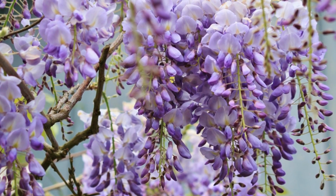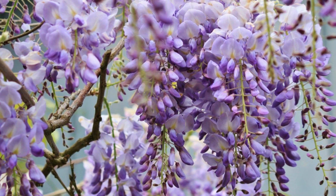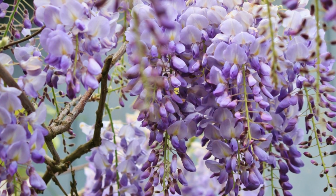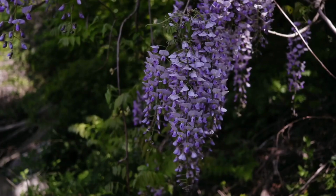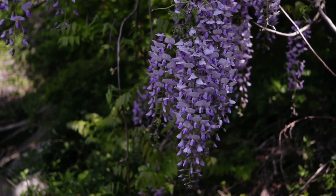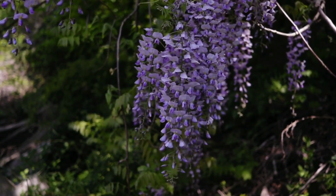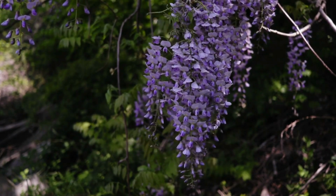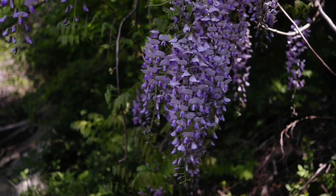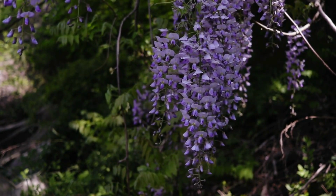Native wisteria. If you are located in North America, consider planting a species of wisteria native to the continent, such as American wisteria, Wisteria frutescens, which grows in zones 5 to 9. It's native to a range of states covering Virginia to Texas, southeast to Florida and north up through New York, Iowa, and Michigan. The vine grows 25 to 30 feet long with shiny, dark green leaves and large, drooping lilac